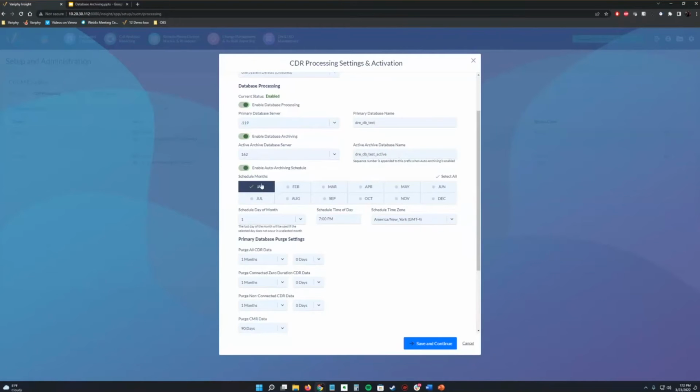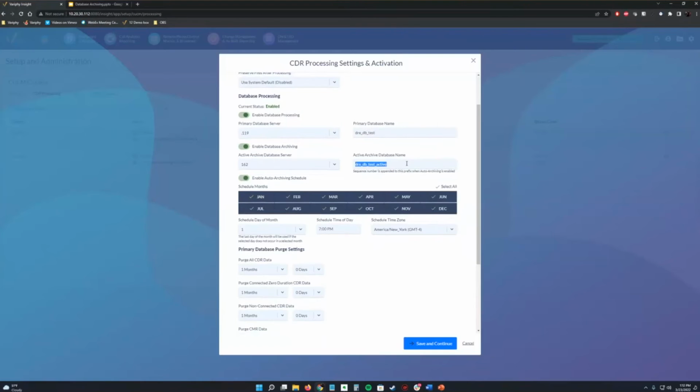Let's say, like I said, if we're going to run 12 months, we're going to run an archive for each month that this data gets written to. So the primary database and active archive would be writing at the same time. Then you would have your purge settings configured.